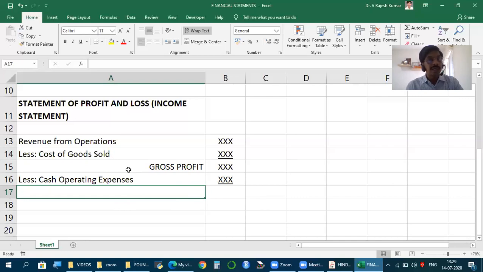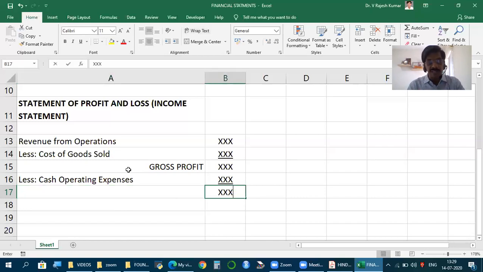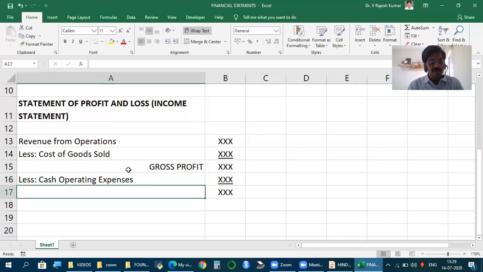But what is this? Cash operating expenses. Expenses incurred out of pocket. So we also use the word out of pocket expenses. That we use the word cash operating expenses. What we actually spend for. And when you deduct this, friends, you get a very, very, very important item for decision making, for discussion, and trust me, you can't even visualize how important it is.